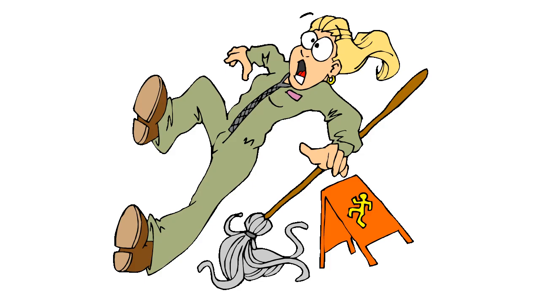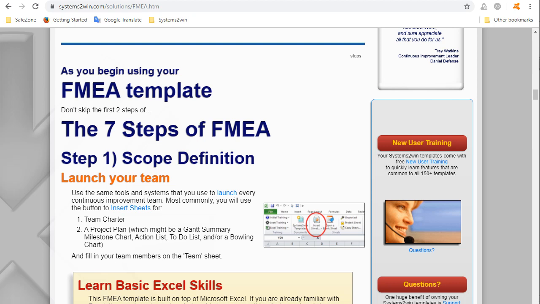Remember, the purpose of an FMEA is to anticipate, avoid, and reduce the consequences of mistakes. So don't start your own FMEA process by making the common mistake of skipping the first 2 steps. And the first step is to launch your team. Remember, an FMEA is usually developed by a team, not one person. So you launch your team using the same tools and systems that you use to launch any team for process